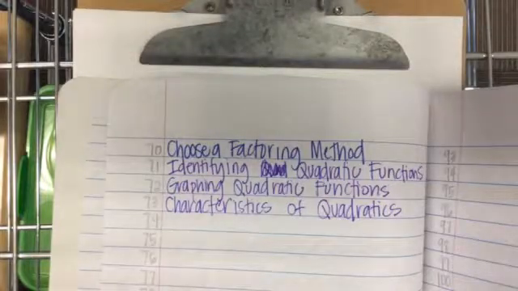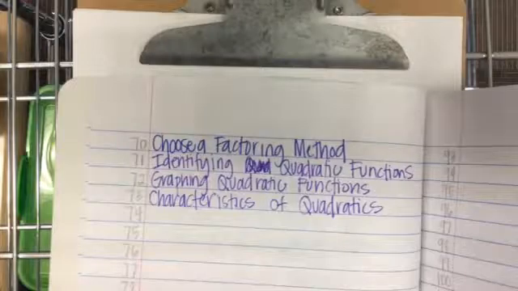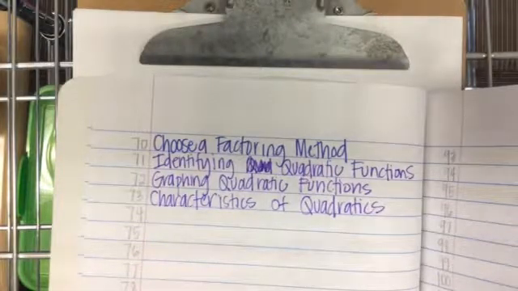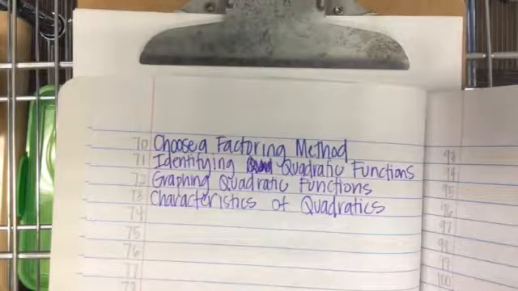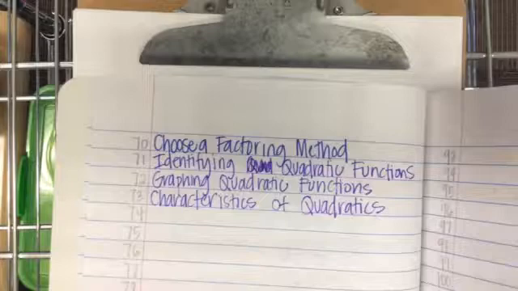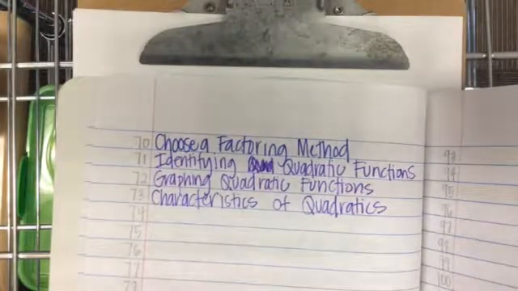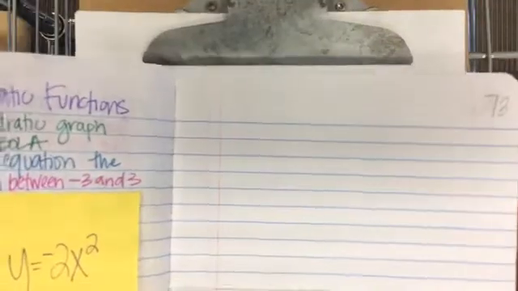Okay, so characteristics of quadratics is going on page 73 of our notebook. Depending on how you numbered everything, some of you are going to be writing on your pink piece of paper like a book, and others of you are going to be writing backwards, like at the end of a book. So I'm going to explain that for a second. When you turn to 73,